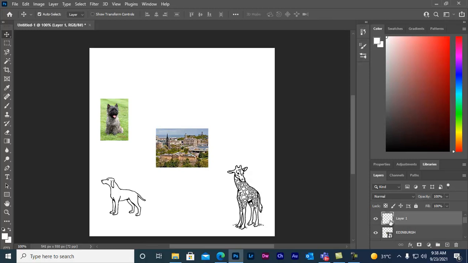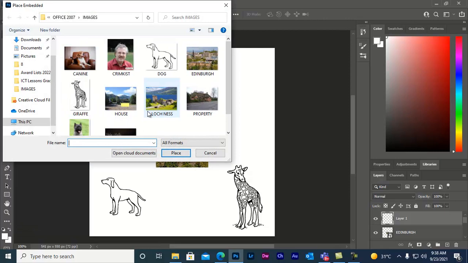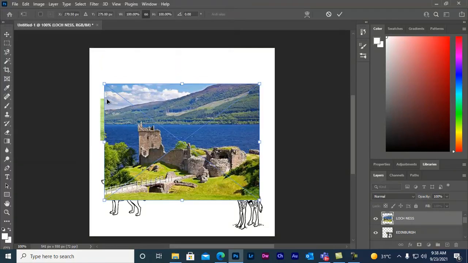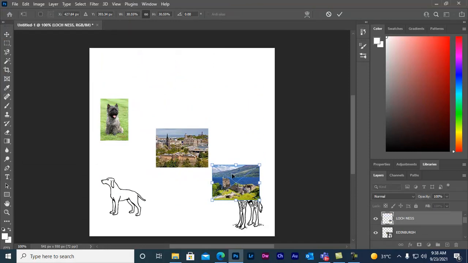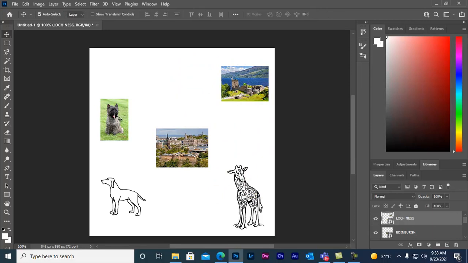See, the layer names 1, 2, 3 change with the image name. So click here and place another object or image, for example this one. Place it here and hit the Enter key.